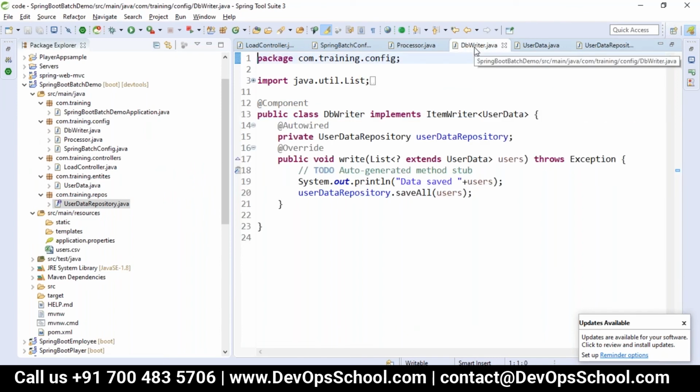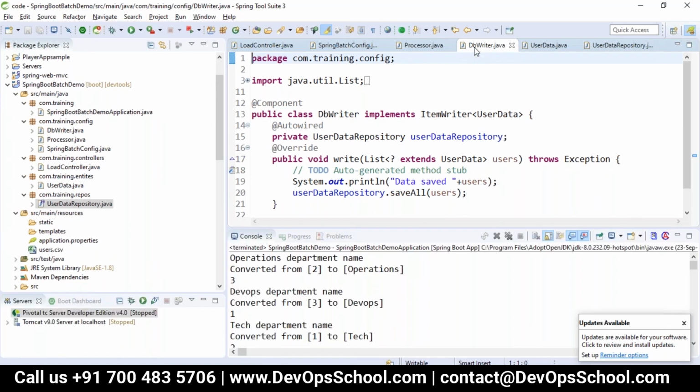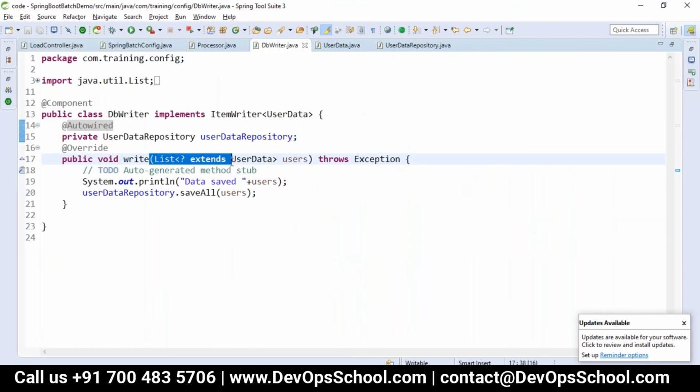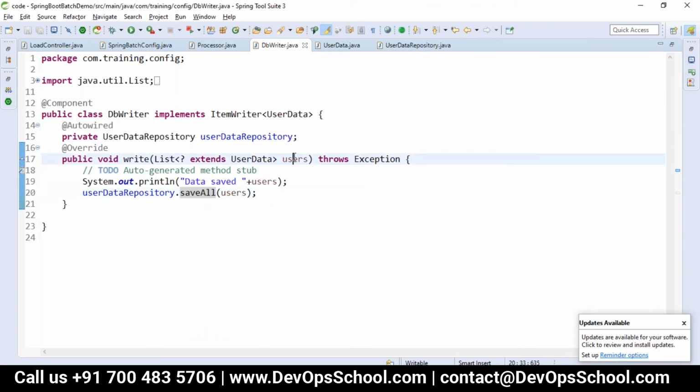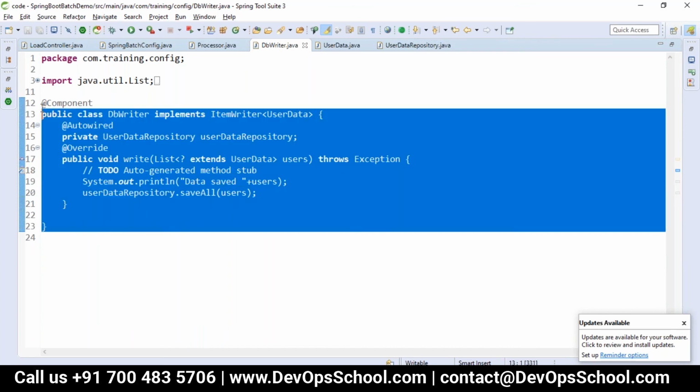So we have taken here user data repository, which is Autowired, and we wrote the list of users, and user data repository.saveAll is called with the complete list of users which we are sending here.